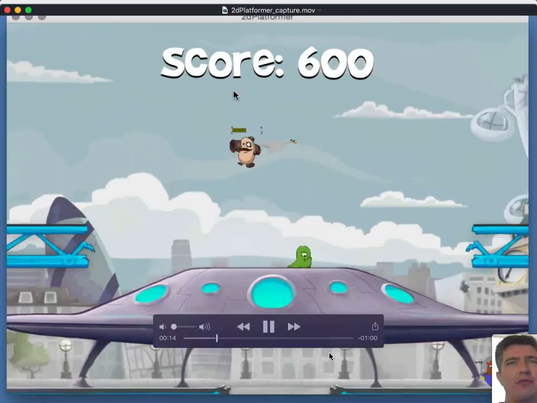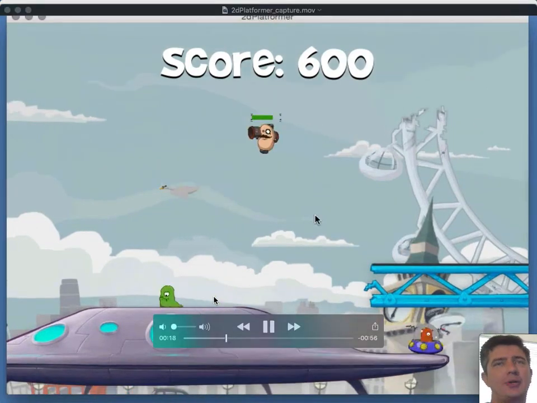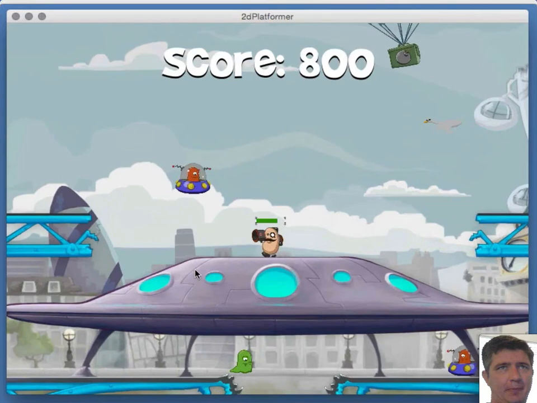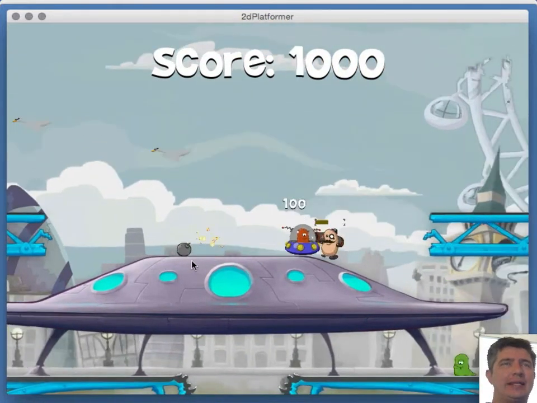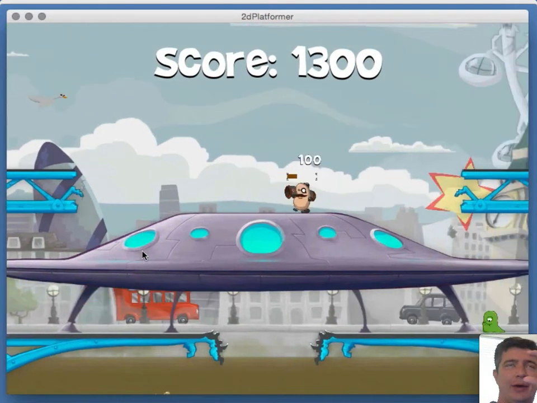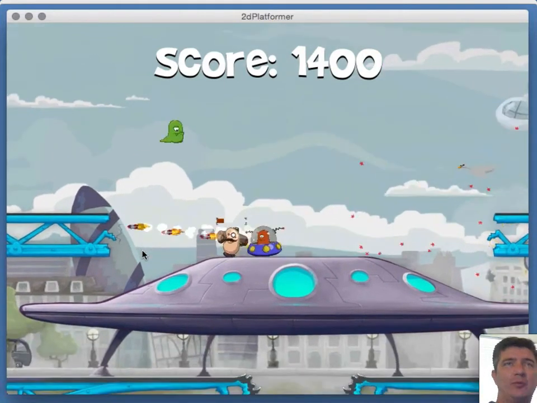so your first game is called 2D Platformer. And it is called that because it is a 2D platform game, which means that all you can do is go left and right and maybe jump up and down. And the real purpose is that you are jumping from platform to platform.